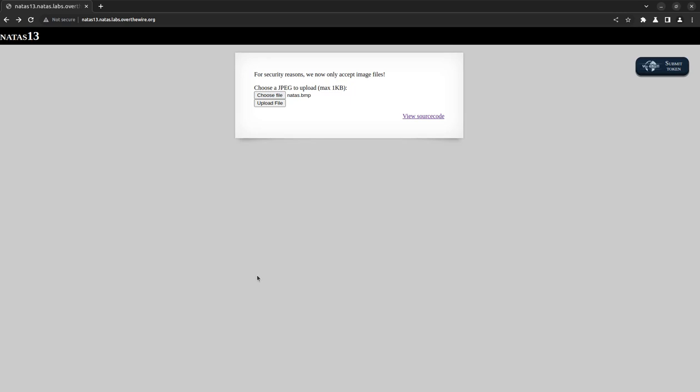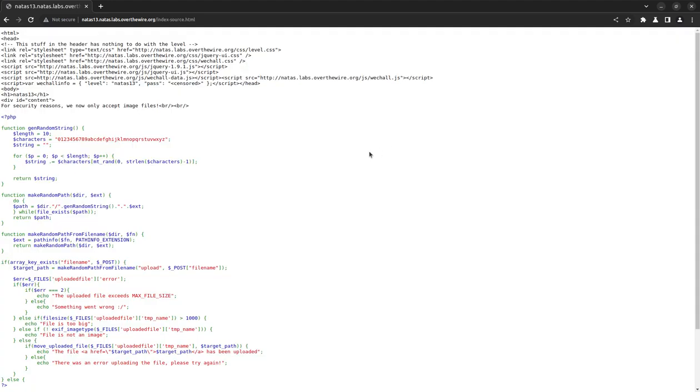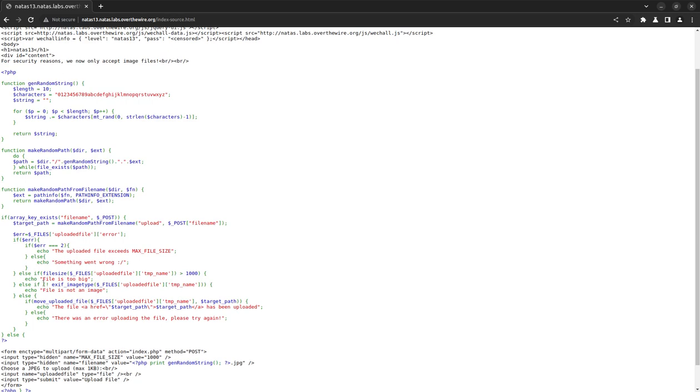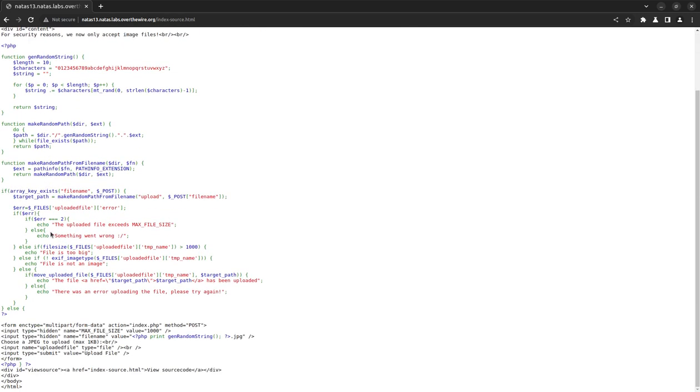Hello, in this video we will solve Natas 13. The web page seems to be the same as level 12, except only image files will be accepted now. If we open the source code, the code is similar to the previous level except for the condition